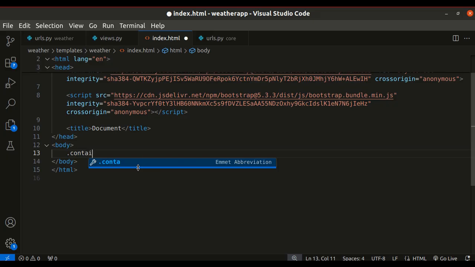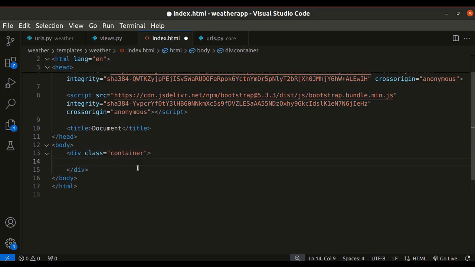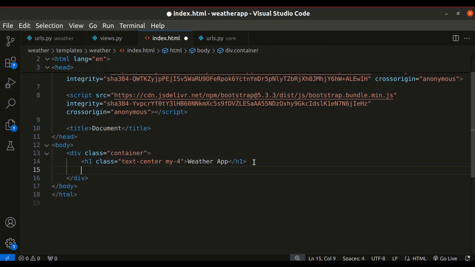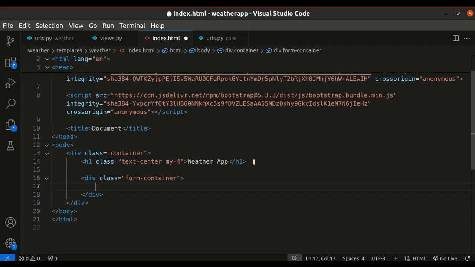The first one will be container, and then h1, the class is text-center my-4. So that's the title, the heading. And now we'll be having a form container class. Inside this we'll be having our form, inline. These are all the Bootstrap classes. Justify content center,